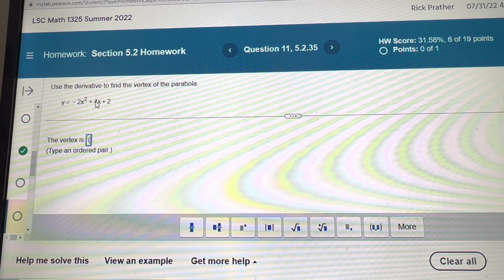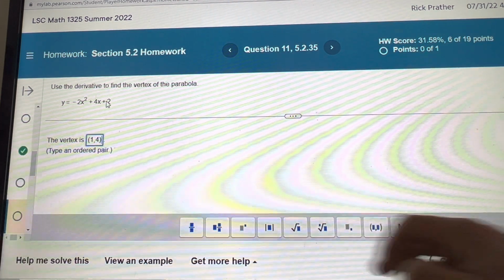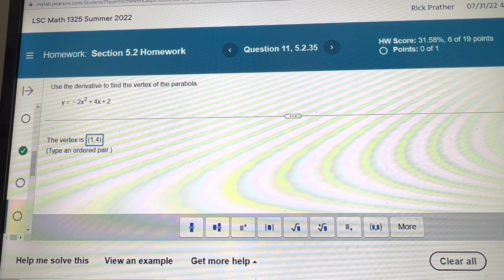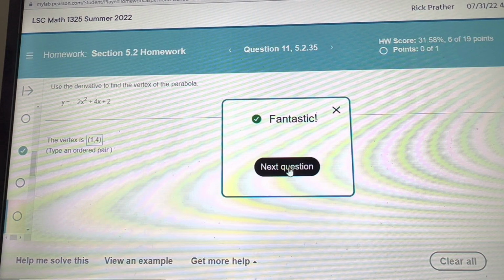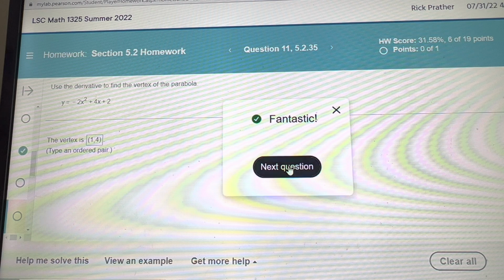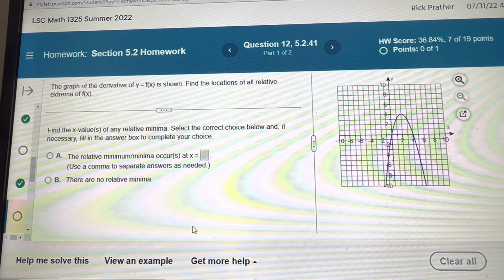You do the opposite of b over 2a, and that came out to 1, and then f of 1 would tell you the y part of the vertex. 1 squared is 1, times negative 2 is negative 2, plus 2 is 0, and then 4 times 1 is 4. So the vertex of a parabola is going to be the local max or local min. In fact, it's the absolute max or absolute min of the whole graph. But that was an easy one. Find